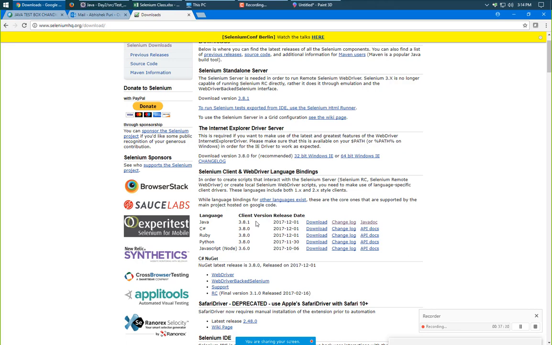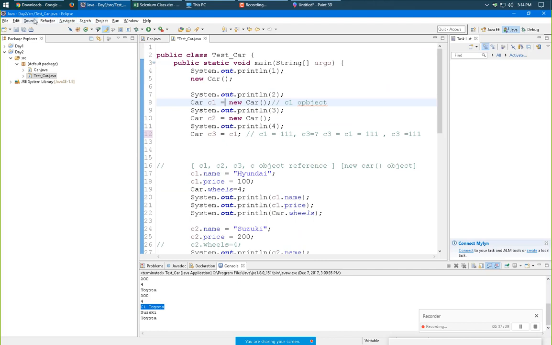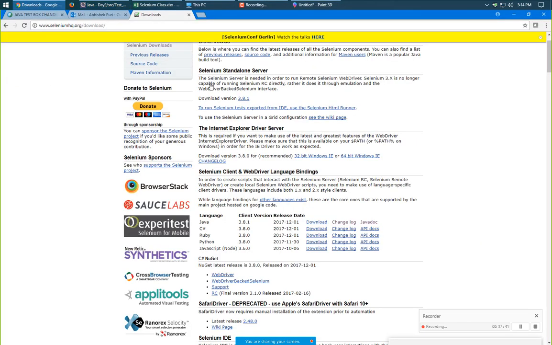What's the tool that we are using for Java? Eclipse. I have a version of Eclipse. I cannot remember if I downloaded the Selenium files. I have to check that. You can download those whenever you want, according to your need. You just need to click download. SeleniumHQ.org is the website. You can copy it here right away.